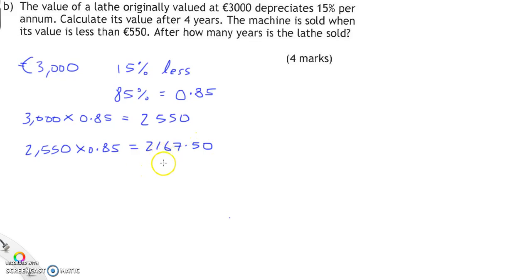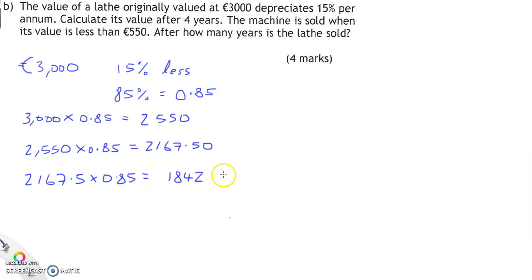Right, and at the end of the year again after that, multiply that by 0.85 or get 85% of it. Same thing really. So 2167.5 multiplied by 0.85 gives us